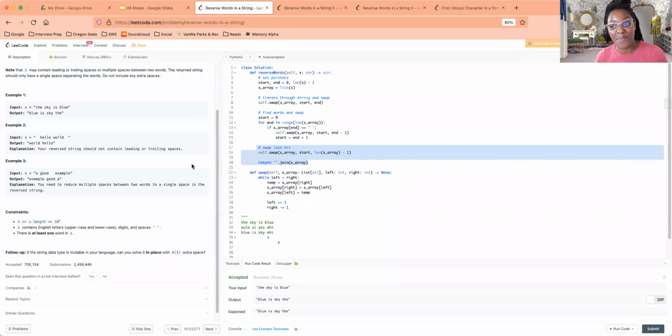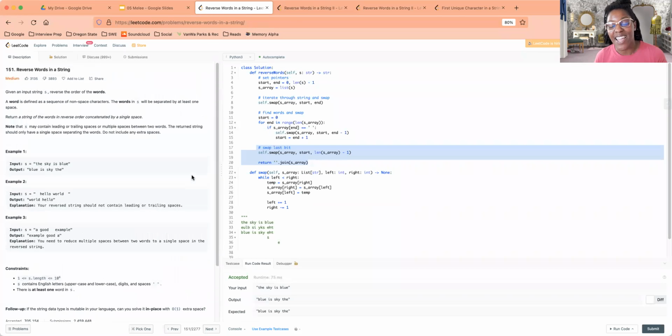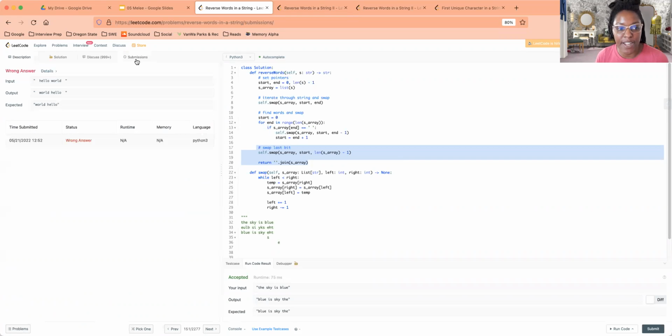However, this is actually a pretty cool problem to think about. Like, how would I modify the code to make it so that I know that I'm switching a word versus a space? So that's what happened here. When I submitted, it said wrong answer because in this test case, we have a couple of trailing spaces in between, and that should have been carried over. But I'm not going to do this for now because that's not the problem we went through, and it requires me